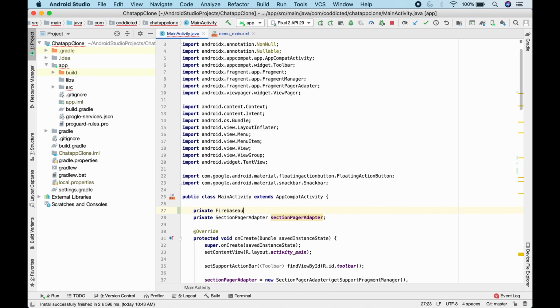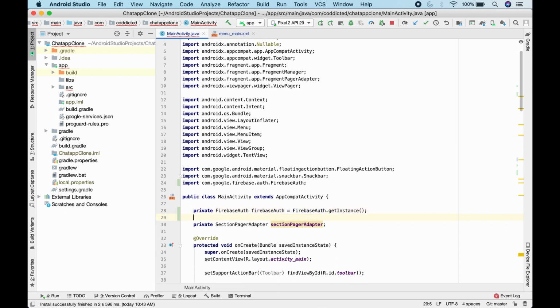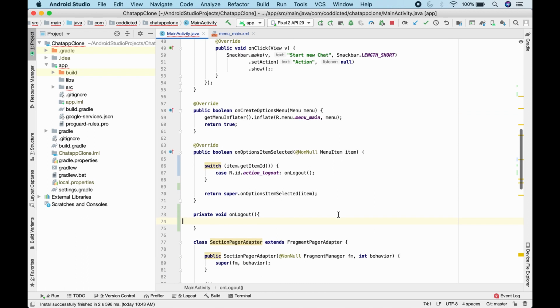Private Firebase auth, Firebase auth equals Firebase auth dot get instance, right. And in our on logout method, we will have Firebase auth dot sign out,